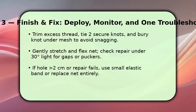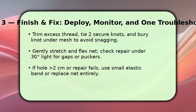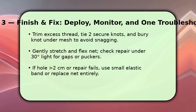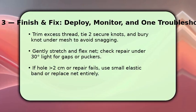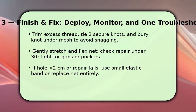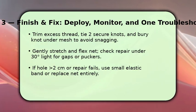You finish by securing and testing the repair so it lasts. Tie 2 small knots, trim the tail to about 0.5 cm, and tuck the knot into the mesh so it won't catch hair. Gently stretch and flex the net while inspecting from different angles to confirm the seam lies flat